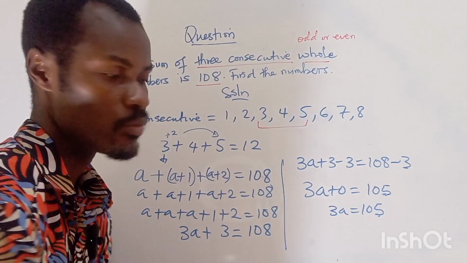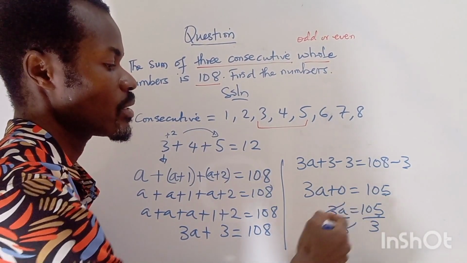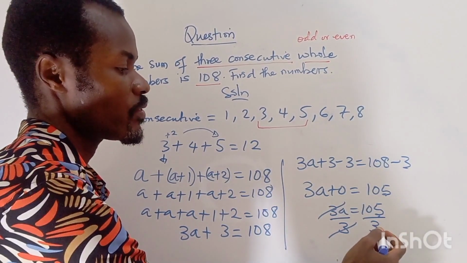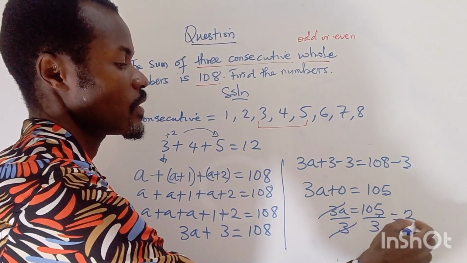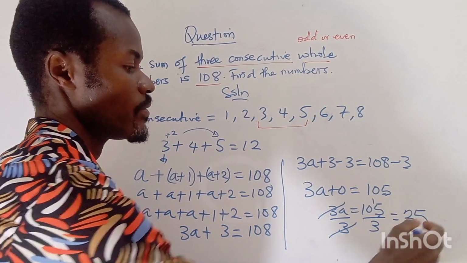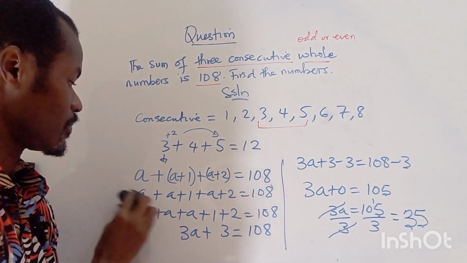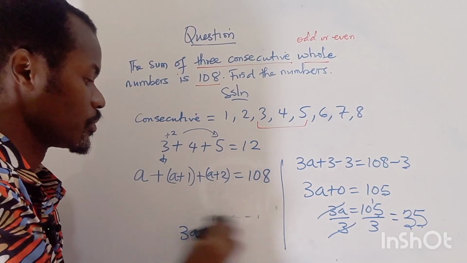Now, how do we find A? We are going to divide both sides by 3. So the 3s will cancel out. Now, 3 into 10 is 3 times, remember that 1. 3 into 15 is 5. So A, which is the first number, is actually